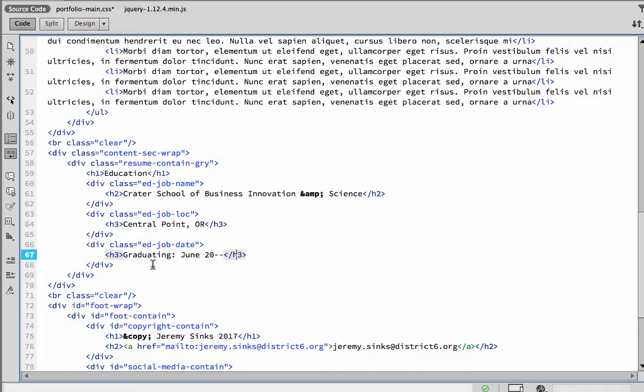Okay, so the next piece is I need to insert an unordered list for the description of my school or the description of the job or whatever it might be. This needs to go underneath the ed job date, so I'm going to locate that closing div tag right there. So I click on that closing div tag right after graduating June 20, and you'll see that that's the top of that. So I need to place my cursor at the end of that closing div tag